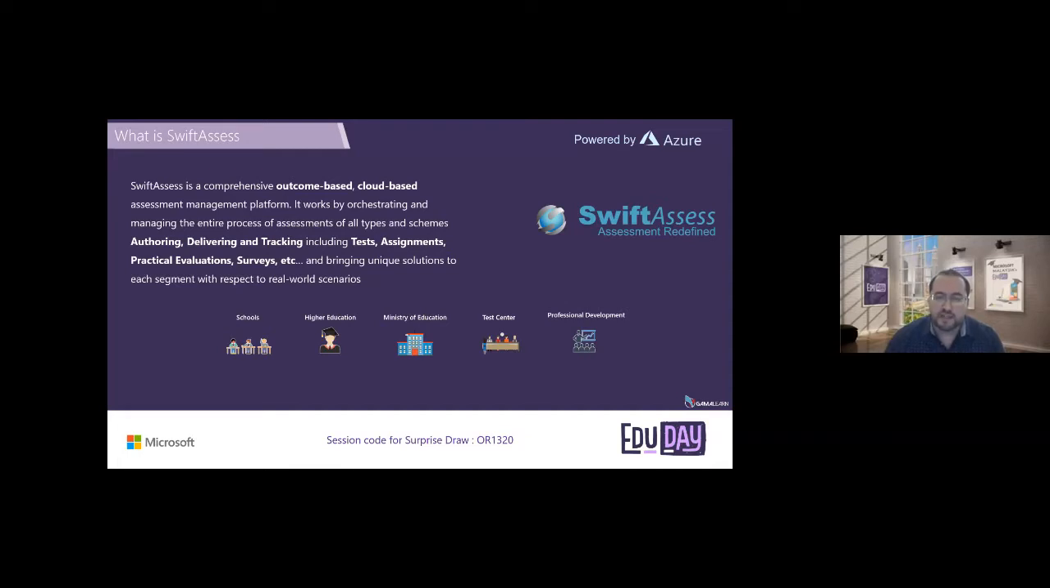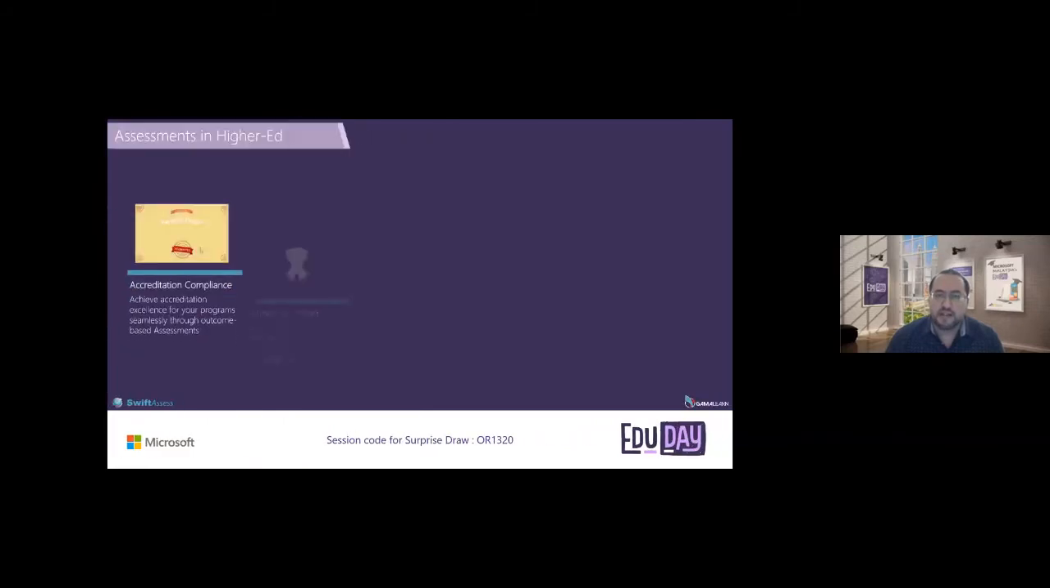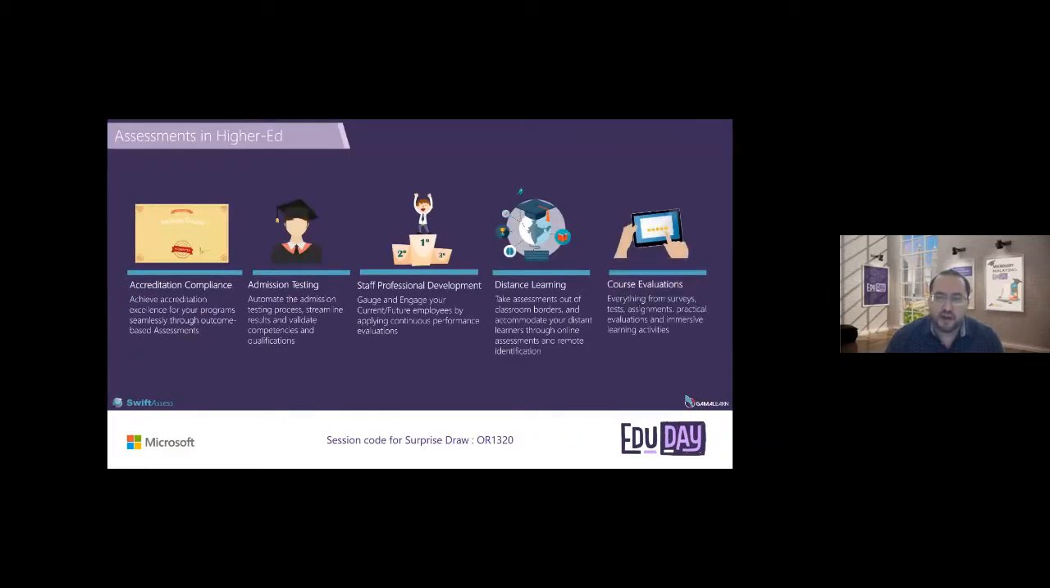When we're looking at higher education, SwiftAssess looks at it in 5 different ways. And every higher education establishment, whether you're doing undergrad or postgrad, you're definitely looking at accreditation compliance for your academic programs locally and internationally. You're looking at admission testing, which will happen either physically on campus or remotely. You're looking at staff professional development and how to make sure your staff are brought up to speed on everything from